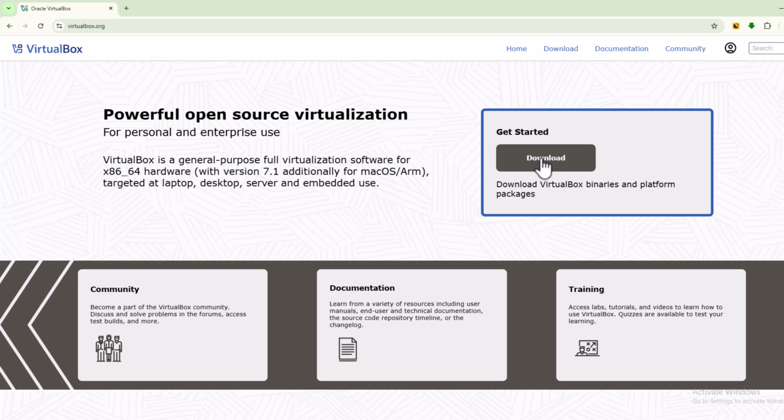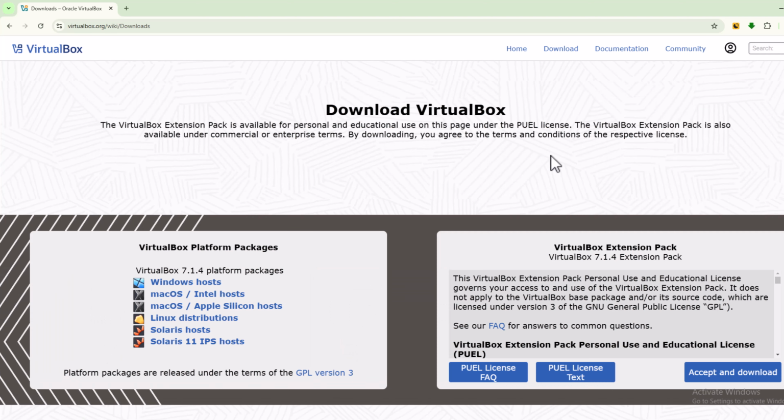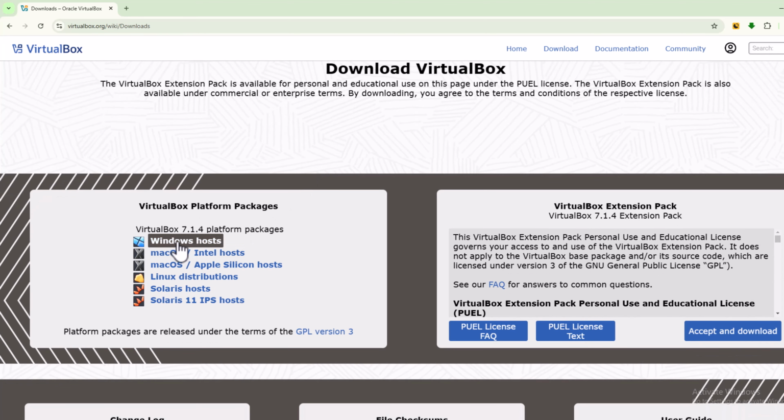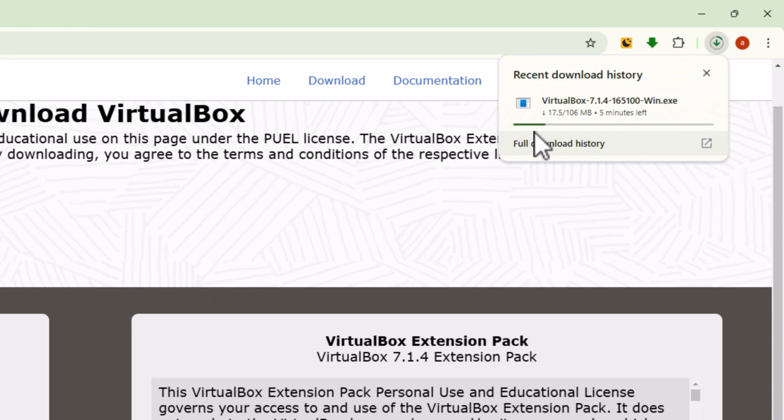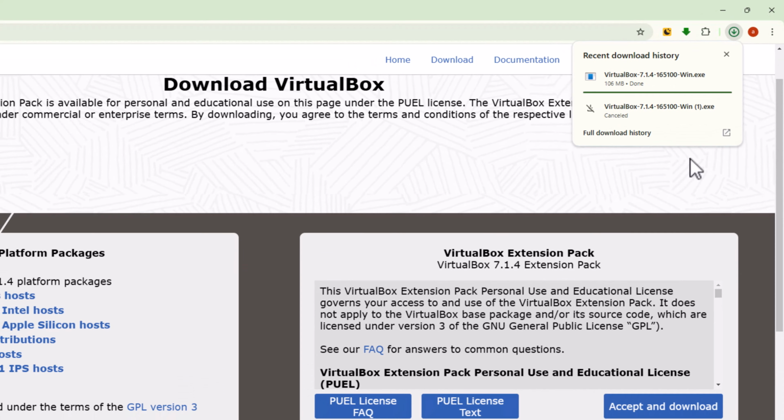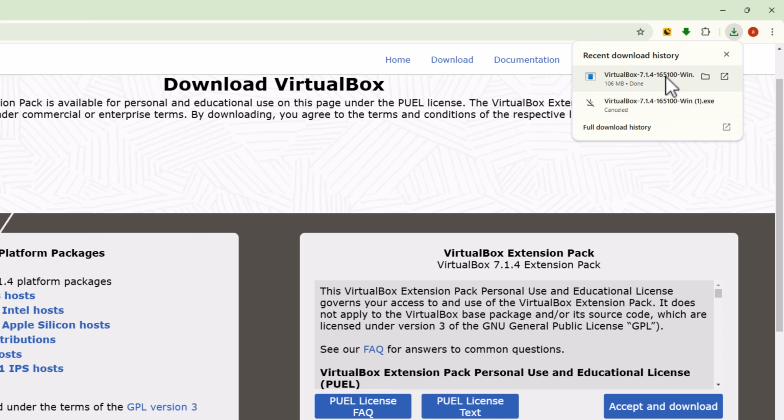Click on download and select Windows. Okay, now start the download. You just wait for the download to complete. Okay, download complete. So click to open, press yes,